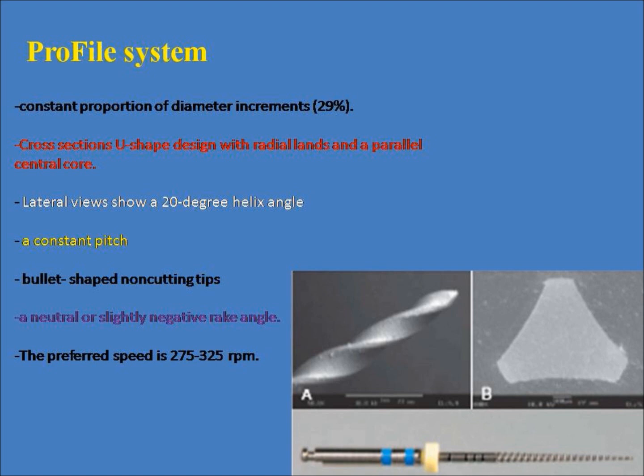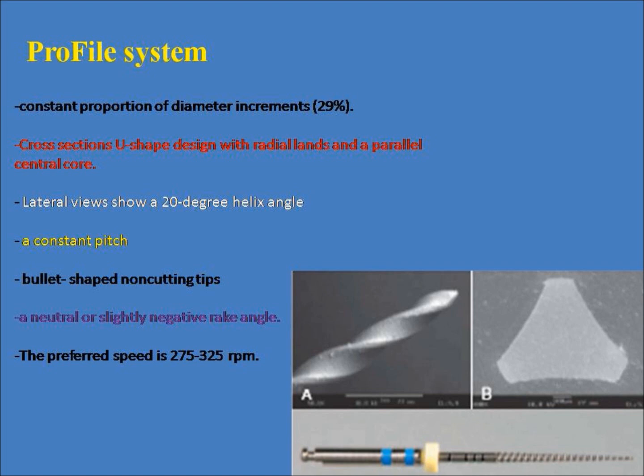The tip of the Profile Series 29 rotary instrument had a constant proportion of diameter increments, 29%. The cross section of the Profile instrument has a U-shaped design with a radial land and parallel central core. Lateral view shows a 20-degree helix angle, a constant pitch, a bullet-shaped non-cutting tip, and a neutral or slightly negative rake